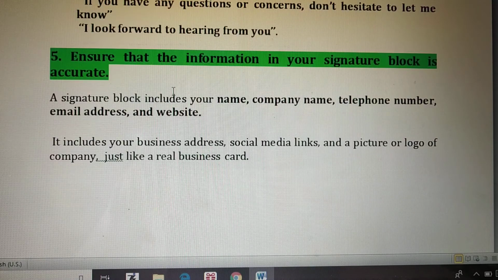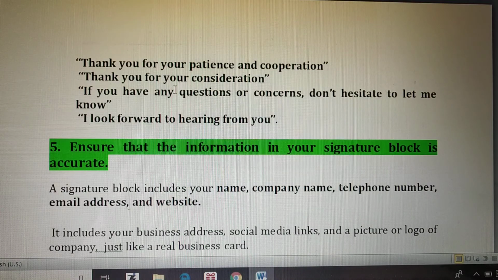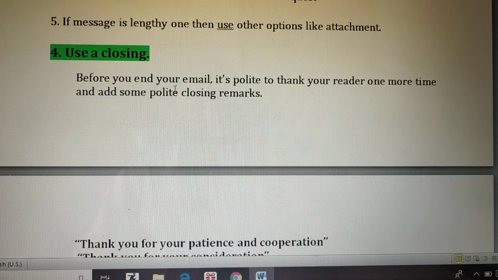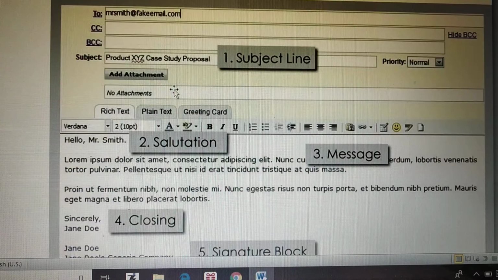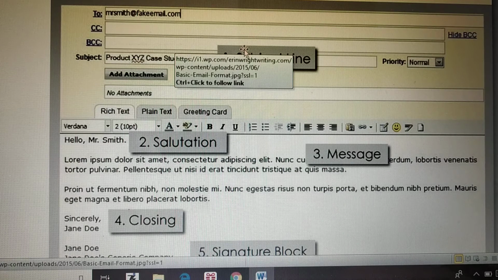Now the last part: ensure that the information in your signature block is accurate. After writing the email, you should write at the end your name, your signature, your designation, your post or your company information. That is what we call the signature block. Let us go back to the first image of that email. See, we have seen the subject line should be shorter and good, and it should be not more than 5 to 6